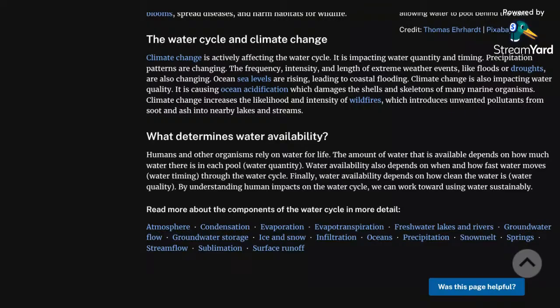Now, I have a really cool thing to show, actually. This is an interactive water diagram. It says it's for kids, but this is so cool, just as like a general diagram. I'm gonna show you guys in a bit. Hold on. Let me zoom out.